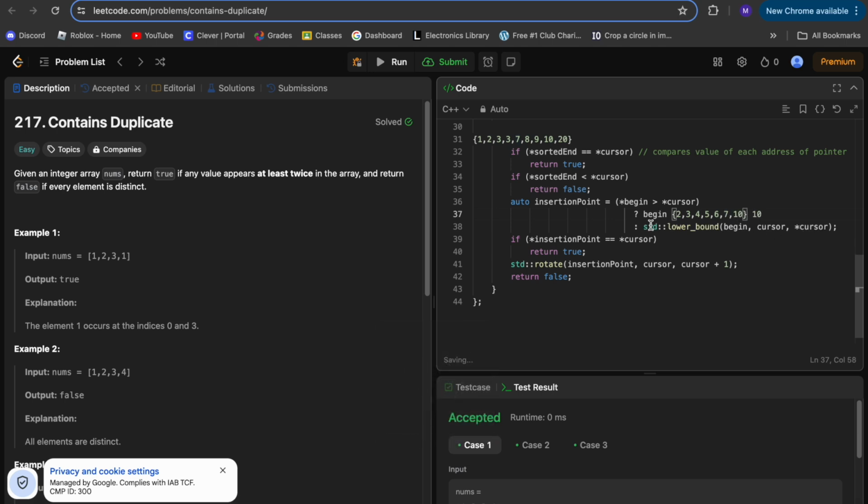This only gives you a reference, okay, basically this whole thing only creates a pointer. It doesn't change anything about the vector. Insertion point just becomes a pointer. And then insertion point, if it equals the cursor, obviously, because then we're moving it,